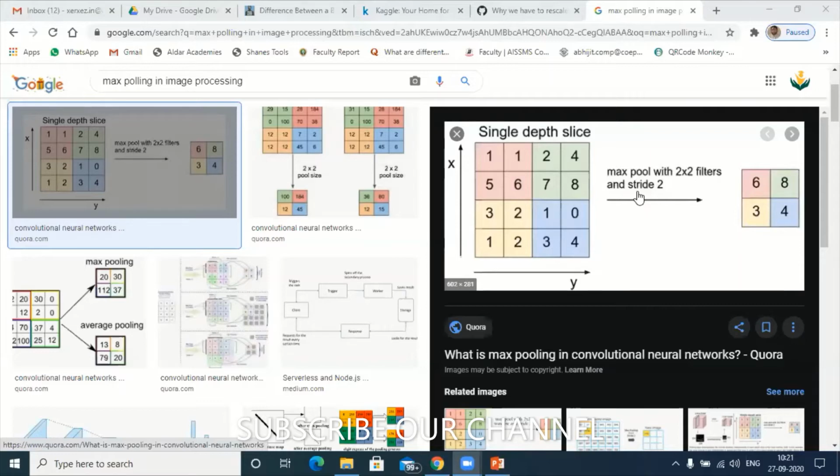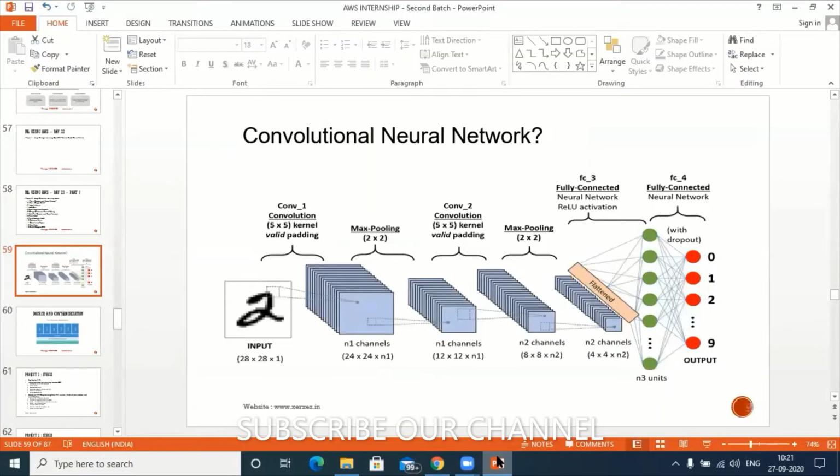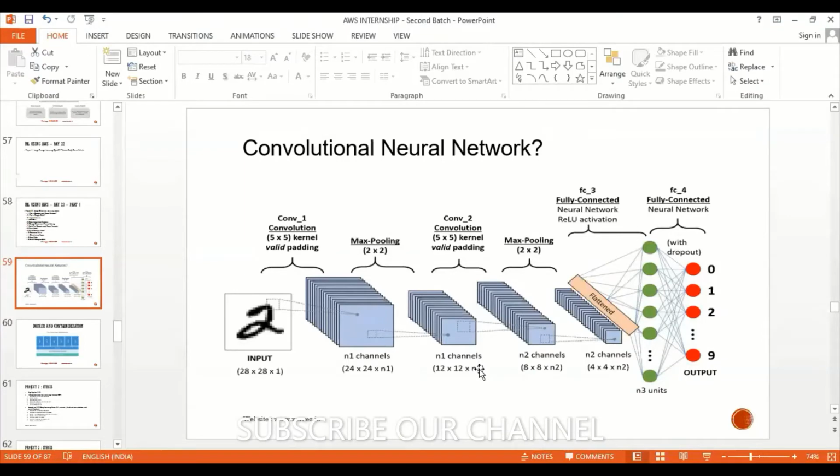If it is 2 into 2, this is the process. You can take 3 into 3 also, 4 into 4 also. Understood? Same thing at every level. At every level I perform the same thing so that my pixels get reduced to 8 into 8, 4 into 4. If you have a high configuration machine, it is better to keep 8 into 8. 8 into 8 means you are going to get the grayscale image, with 0 to 256 possibilities. Understood? Not 8 to the power of 2, but 2 to the power of 8.